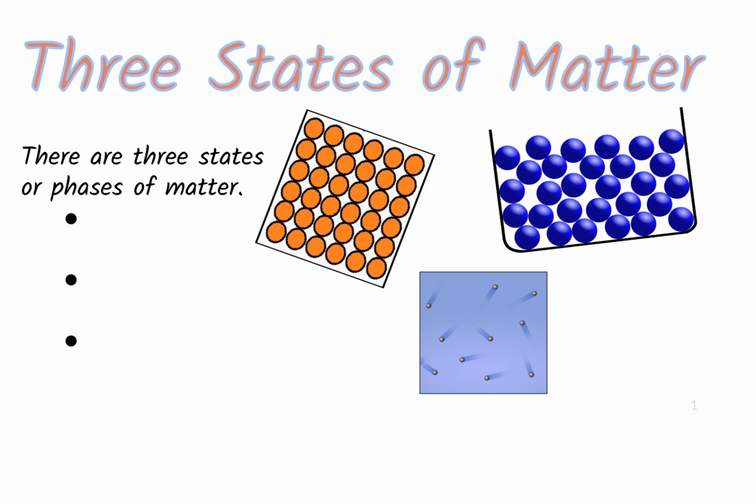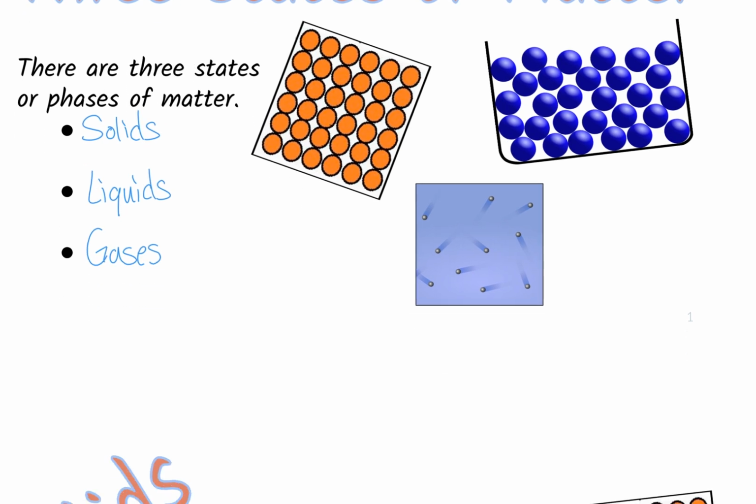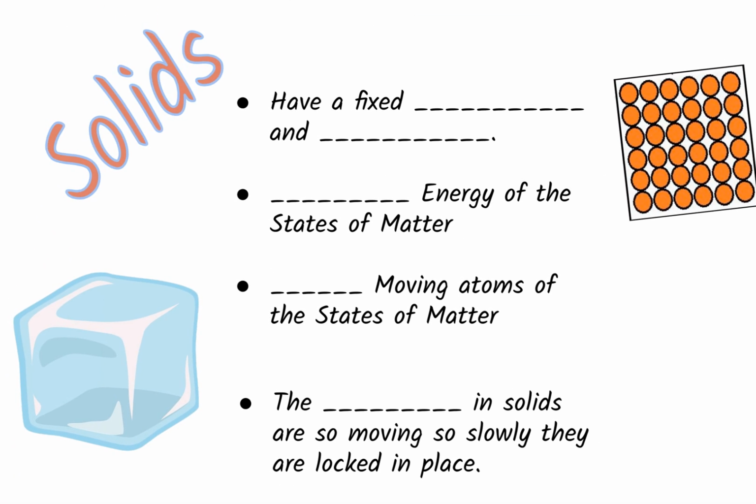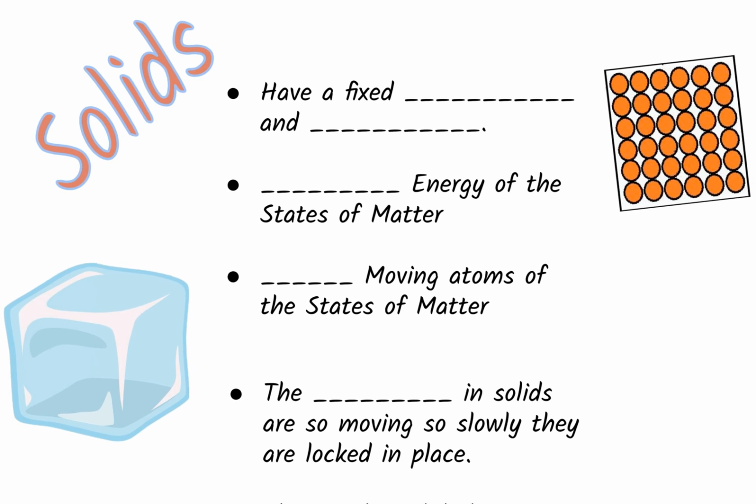So as we've already stated, there are three states or phases of matter. There are solids, liquids, and gases. Start with solids. Solids have a fixed shape